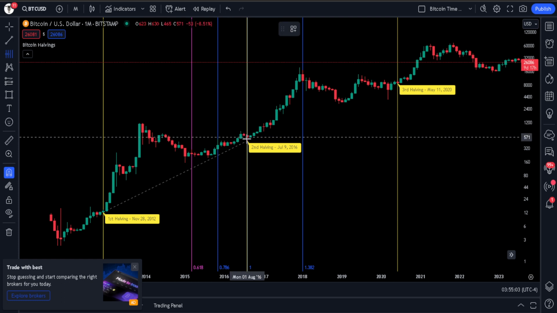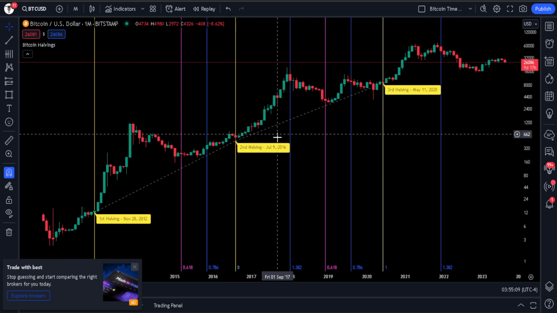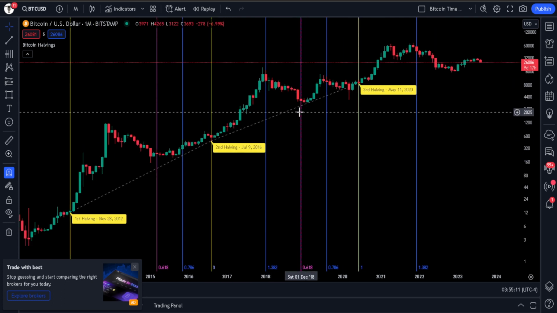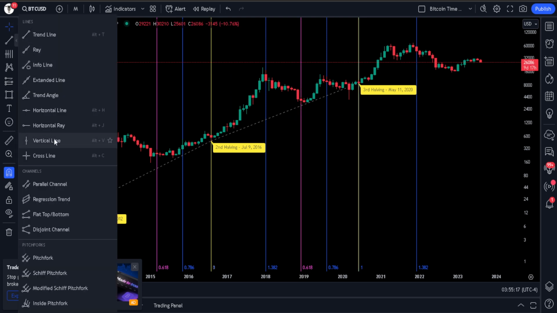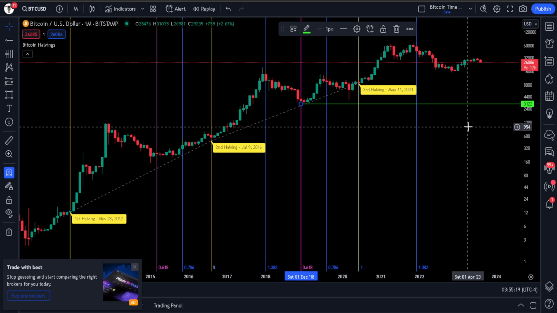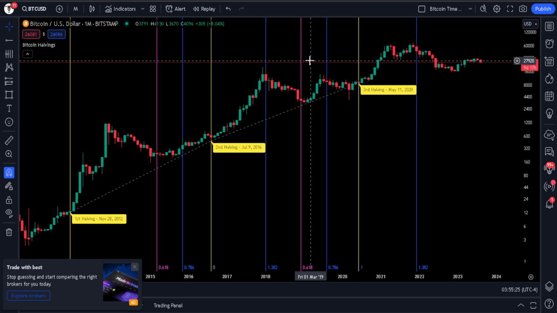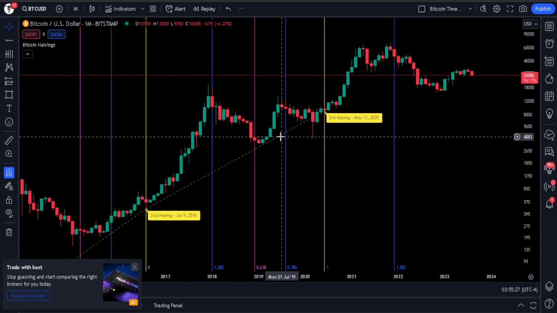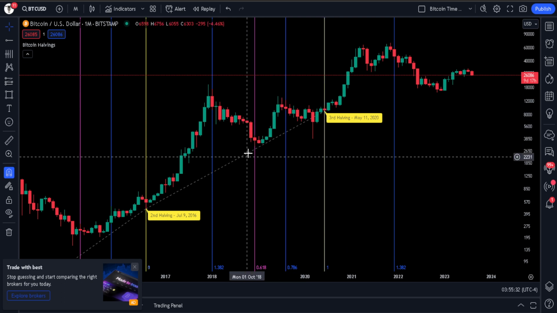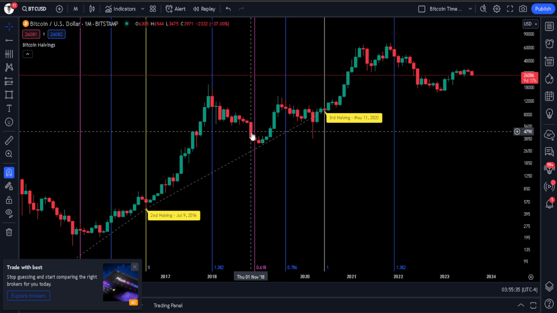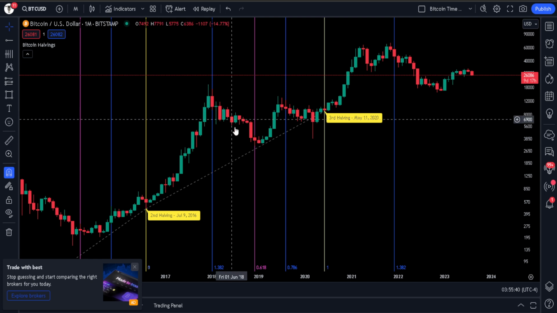And now from the second to the third halvening, once again we can see when the golden ratio has been hit, the bottom was already in. And if we plot the horizontal ray here, we can see that was in fact the bottom at 3,122. Your accumulation period between the 61.8 and the 78.6 level, now this was quite explosive from the bottom. We didn't really create the best market structure. That's just a fancy way of saying higher lows. And if you go on the weekly, you will see a little bit of higher lows, a nice W,